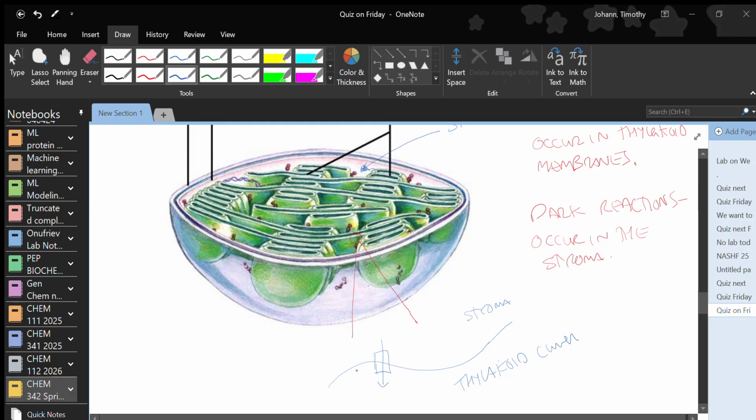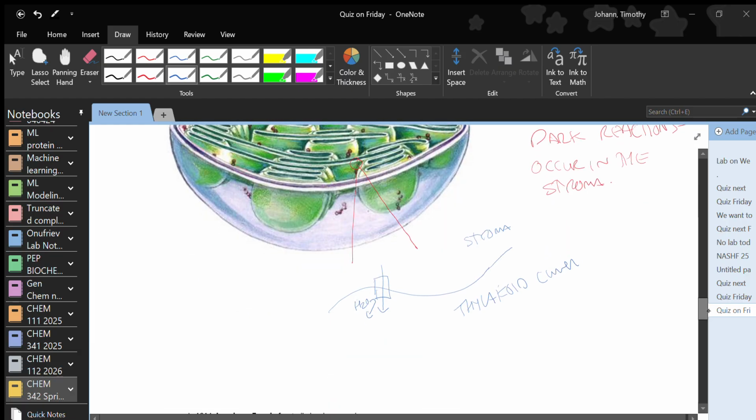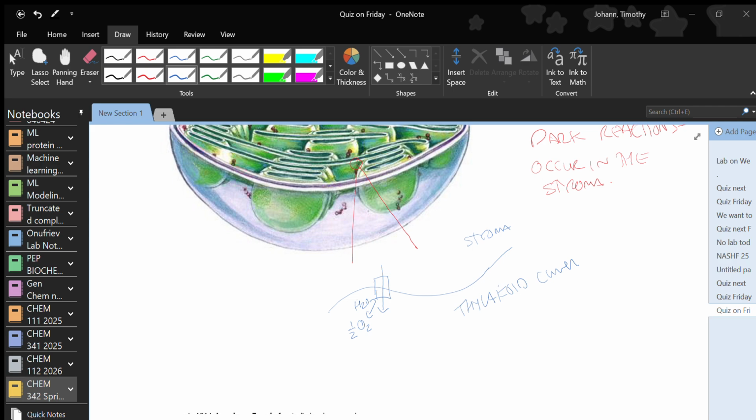That complex is going to, if we think about the whole photosynthetic light reaction complex, it's going to take water. So it's kind of the reverse of the electron transport chain, right? At the end of the electron transport chain, we make water. Here we're going to take water, we're going to make oxygen, which is why we have an oxygen atmosphere on Earth, okay, because of this reaction happening for over 1 billion